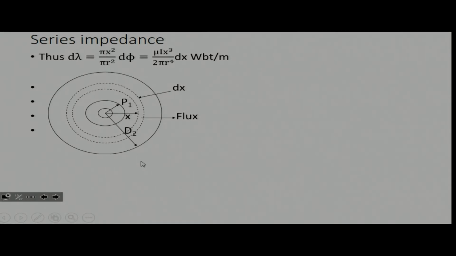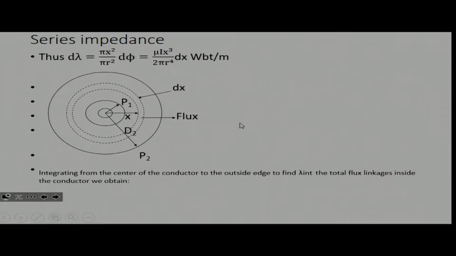Point P1 and point P2, and a small increment in the radius there. Integrating from the center of the conductor to the outside edge to find the internal lambda, the actual flux linkage inside the conductor, we obtain: